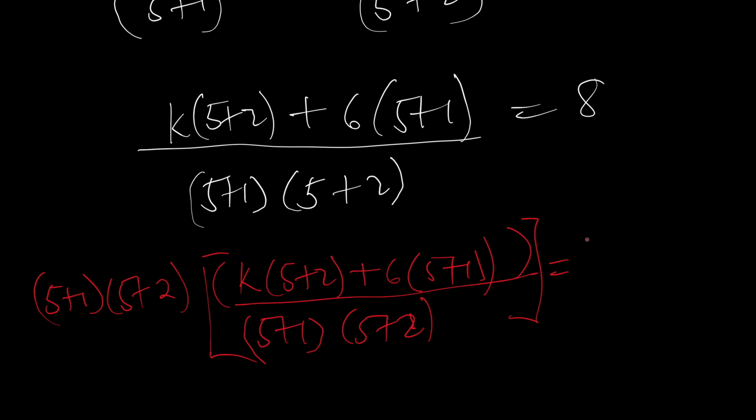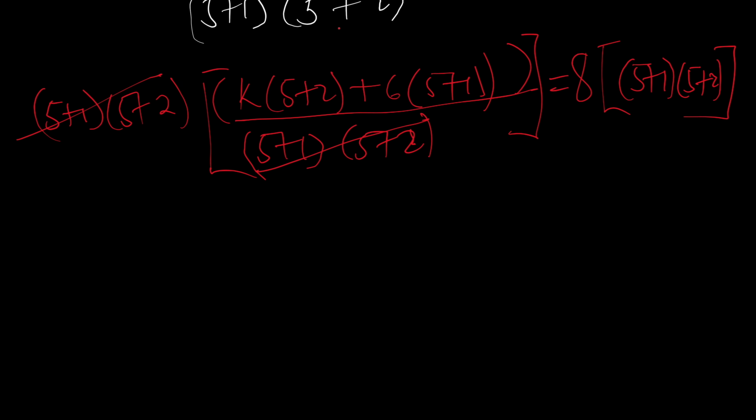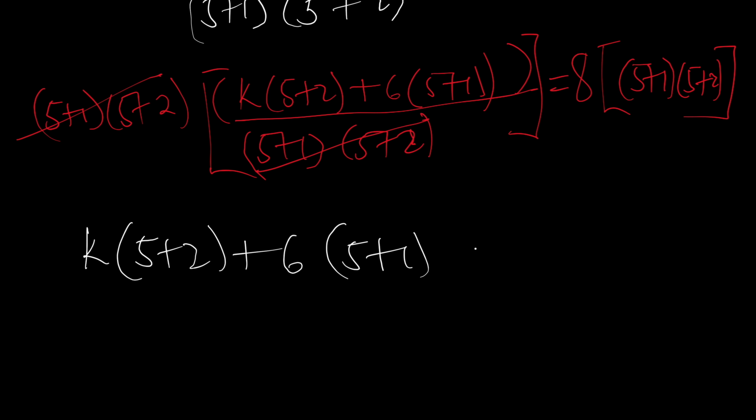And this is equal to 8 multiplying 5 plus 1, 5 plus 2. So the whole of this cancels this. So we'll be left with k multiplying 5 plus 2 plus 6 multiplying 5 plus 1 is equal to 8 multiplying 5 plus 1